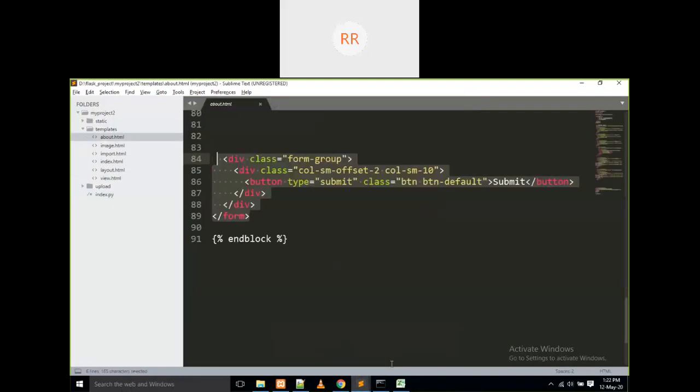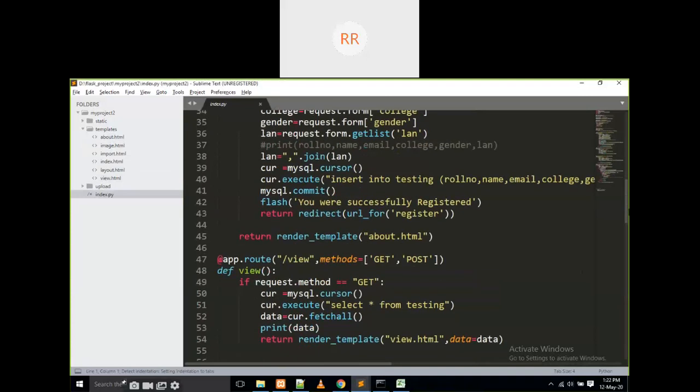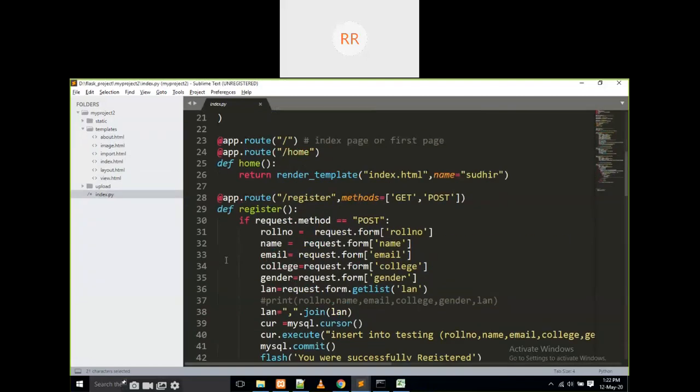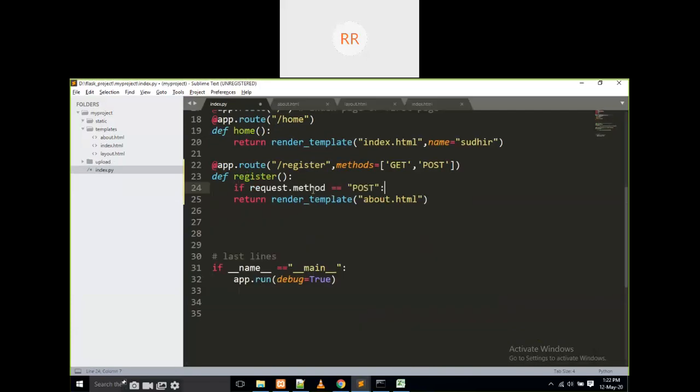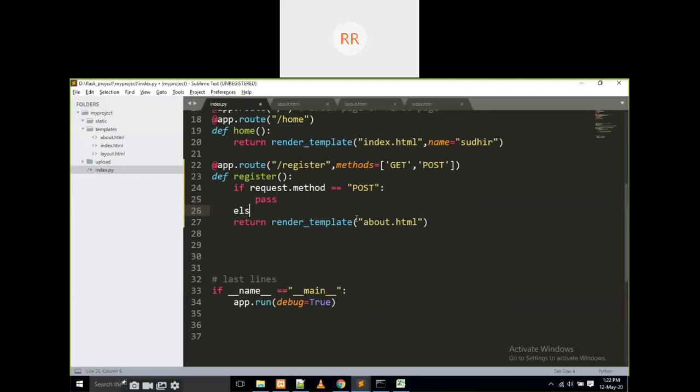method dot post, like this. We are going to write request dot method. If request dot method equals post, it is going to be like this, else we are going to call this page.